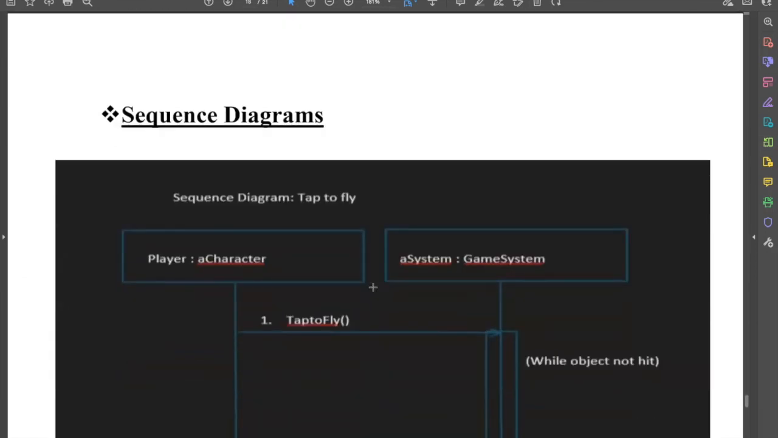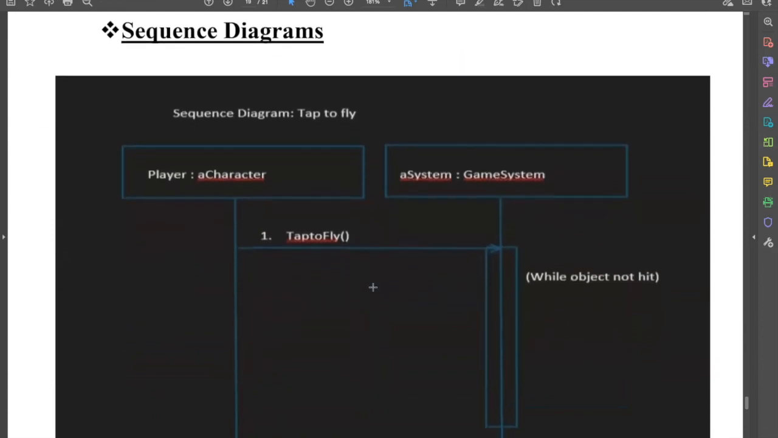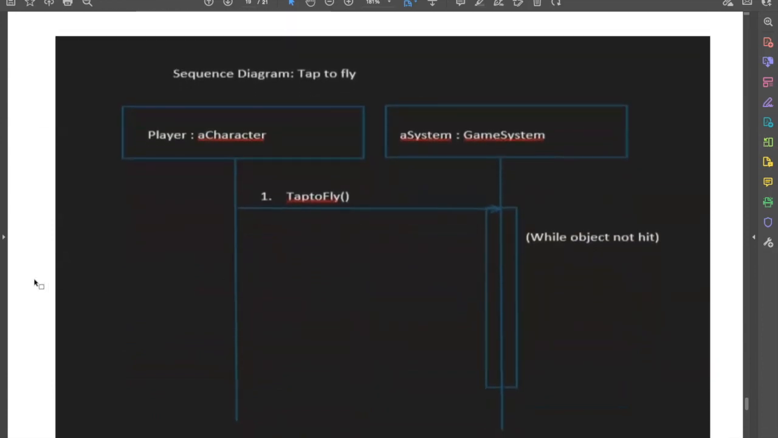So let's take a look at the sequence diagrams next. Our first sequence diagram is for the tap to fly. And so essentially this is when our character is playing the game, and it shows how the game deals with our keyboard inputs. So we tap the spacebar key, and when an object is not hit,